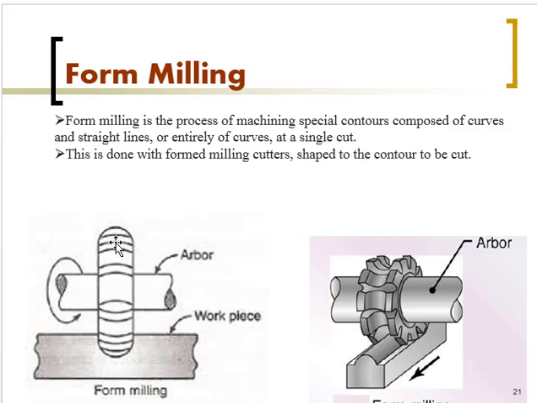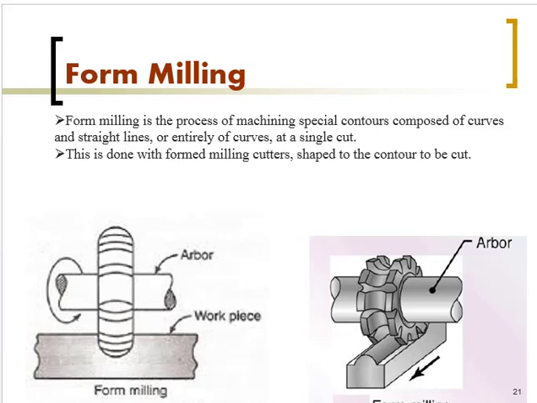And here one thing is, the shape of this milling cutter will be the shape of the contour which is to be machined. If it is of concave shape, then definitely the cutter will be in the same shape as that of the shape which is to be machined. Similarly, you can see here, if this surface has to be milled, the shape of the cutter should be the same as the shape of this object which is to be machined. That is form milling. So these are all the remaining 4 operations in the milling part.